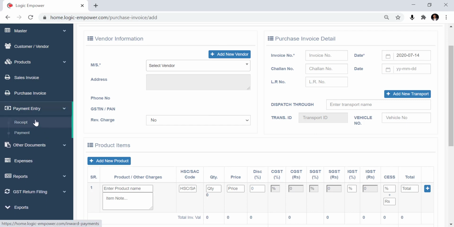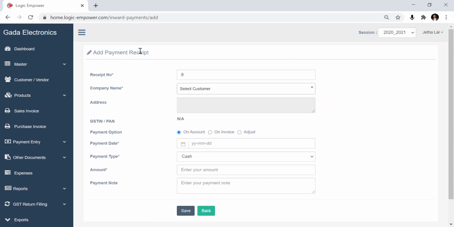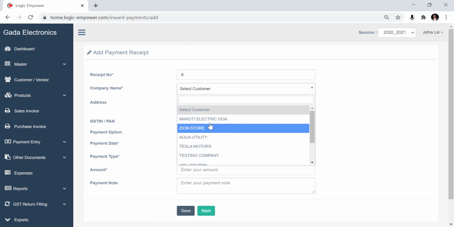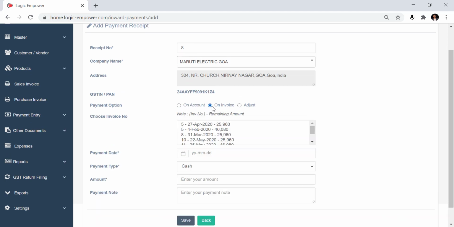Now come to the payment entry, receipt. This is the register for your receipt entries. Click on add new. Receipt number, you can select your company. You are making this payment on account or on invoice. So if you select on invoice, all the pending invoices which are due for payment will be visible here. You can select it,